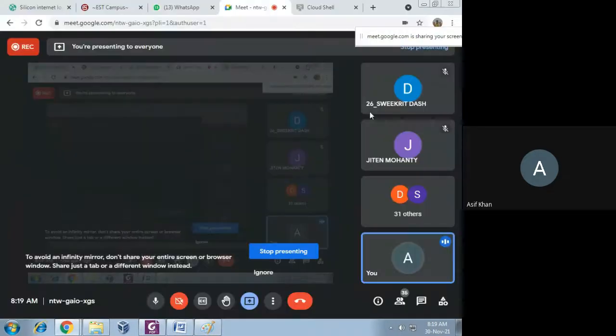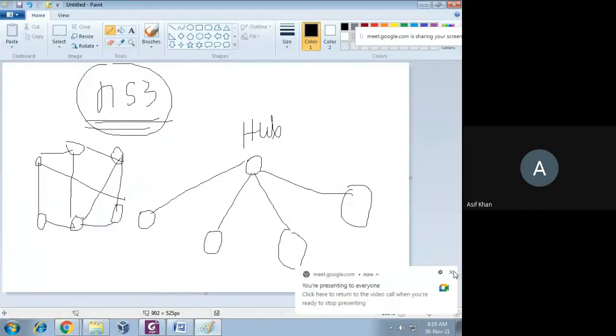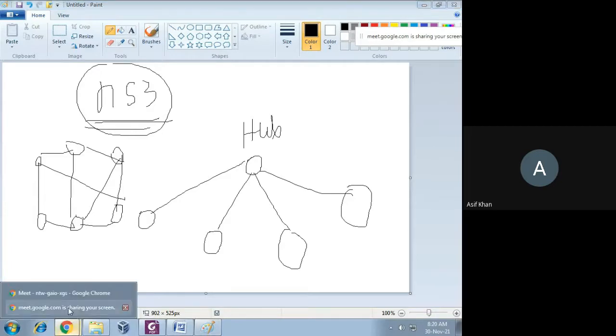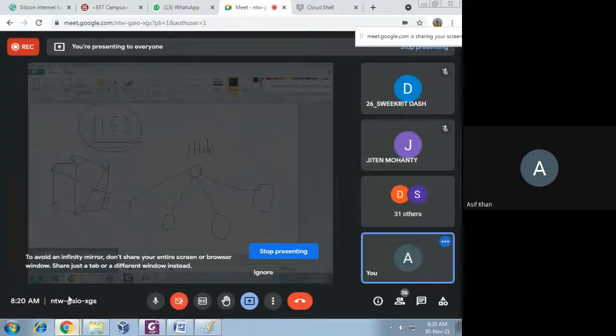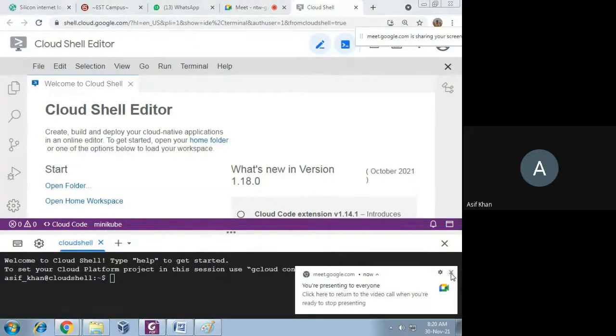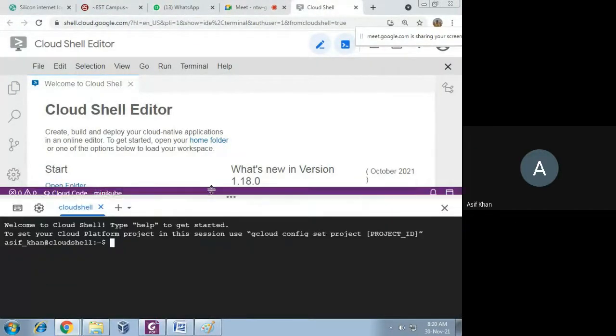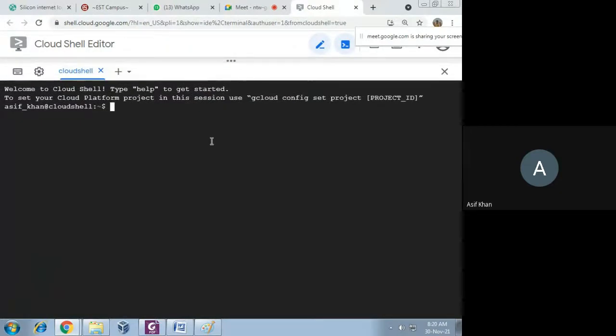You must have Ubuntu operating system. Either you may be using that in Windows 10 or Windows 11 as an Ubuntu app, or you may install a VirtualBox and there you can use Ubuntu operating system. Or you can also use Google Cloud Shell. You can also use this to install NS3. So I have opened this Google Cloud Shell. This is very fast actually. Some of you are also already using this Google Cloud Shell.